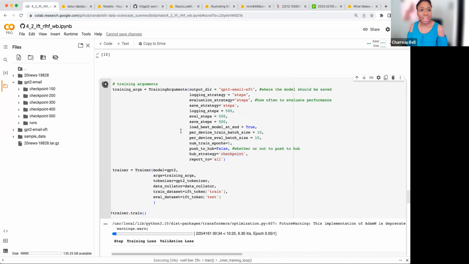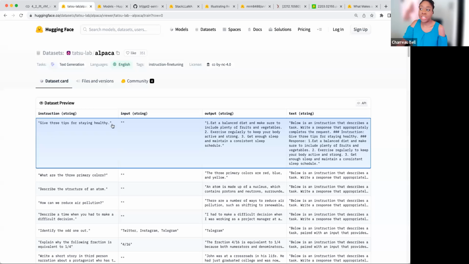I really like how you phrased that, because we do tend to call this supervised. It's called supervised fine tuning. Why is that? Because the answer that you want it to generate is actually given, the true answer that you want. When you ask it, give 3 tips for staying healthy, literally, you have written those things.